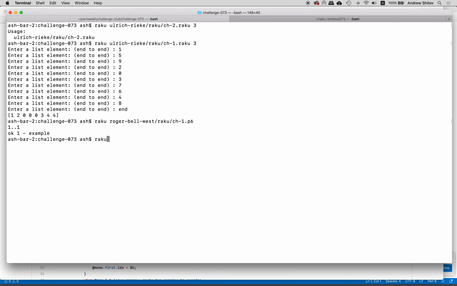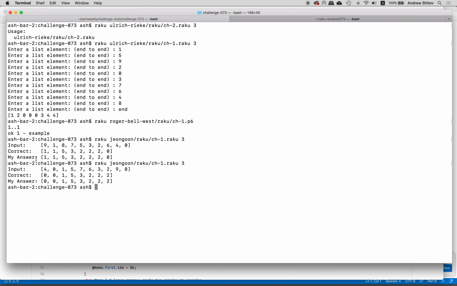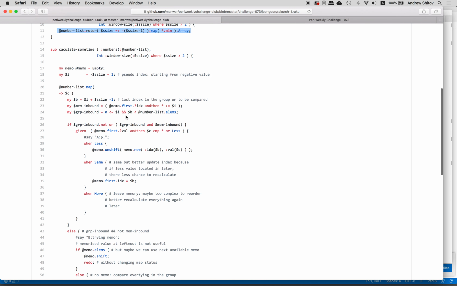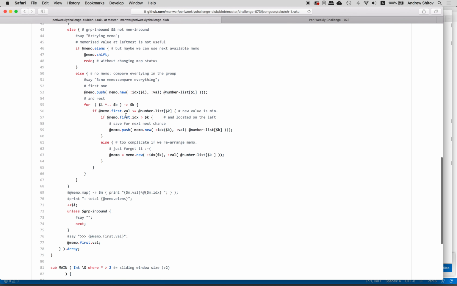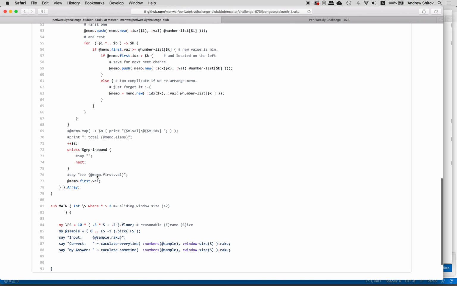Let's just run it. Raku ch1, like 3. Right, so you see, it should be different each time. Right, it's different. So both answers are exactly the same, and it looks correct, right? So 0 0, then 1 5 7 gives 1, 5 7 6 gives 5, 7 6 3. Right. Okay, so yeah, I think I will skip this,